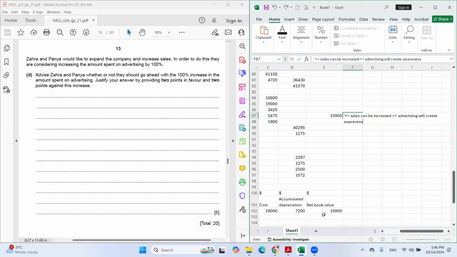So people will know your product, then they will come and buy. So it can attract new customers. Attract new customers. So there is a possible good thing that happens when you have the